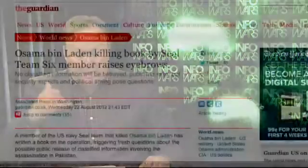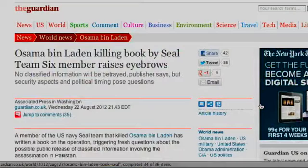But first off, we couldn't have somebody on better to talk about this headline in The Guardian. Osama bin Laden killing book by SEAL Team 6 member raises eyebrows. No classification information will be betrayed, publisher says, but they didn't get the clearance. Well, you're not allowed to do that. I mean, I think this is government getting a pass here, but we'll get Steve Pieczenik's educated take on this,